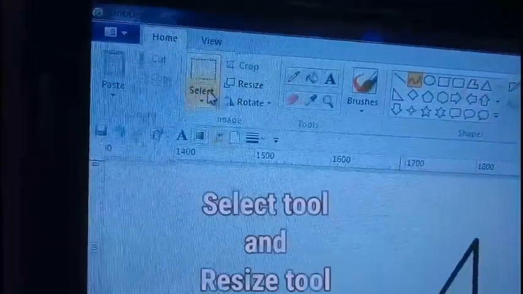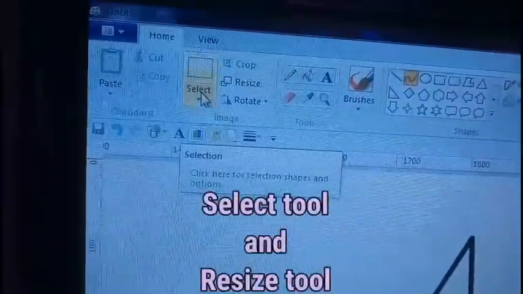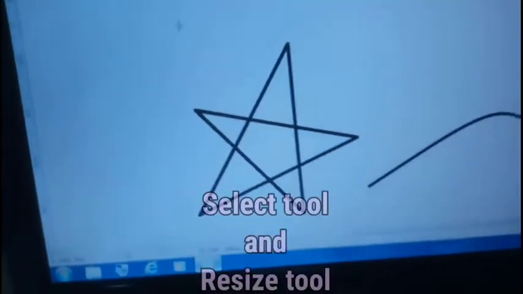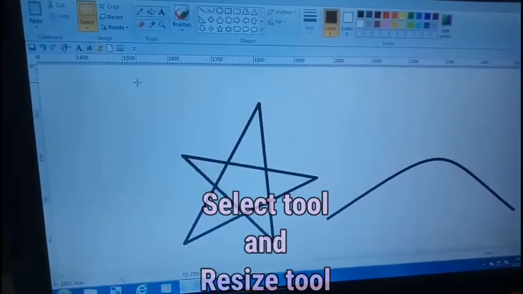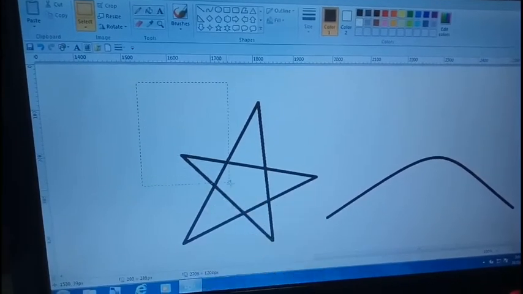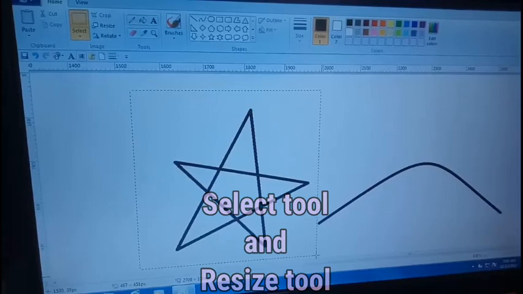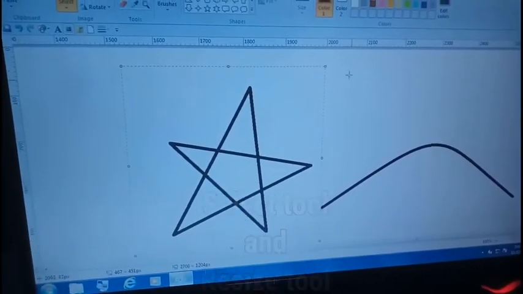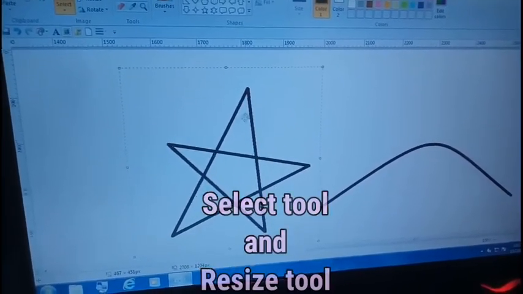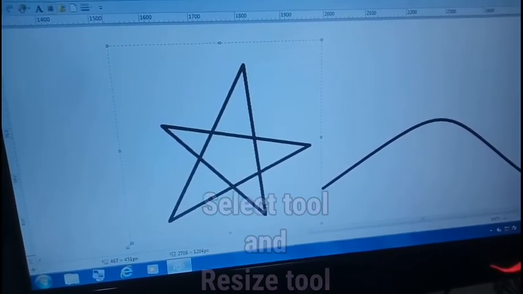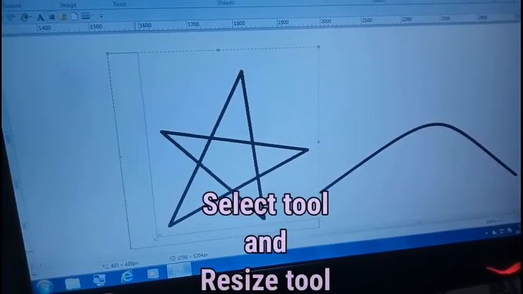I will click on this and I'll bring my pointer here and I will drag the mouse until the entire shape comes inside it. Then I will come here, I'll bring my pointer to one of the corners and drag it up.